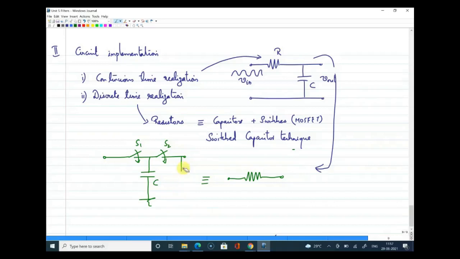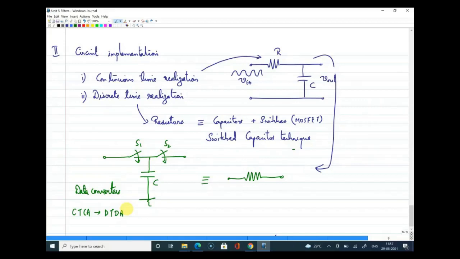All right, so this is called discrete time realization, and the application of this is in data converters, where we convert analog signals into digital, and we take the help of this switch capacitor filter. With the help of these switches and capacitors, we are converting continuous time, continuous amplitude signals into discrete time and discrete amplitude, but not only with switches and capacitors. You will have some more additional circuitry along with this, right?